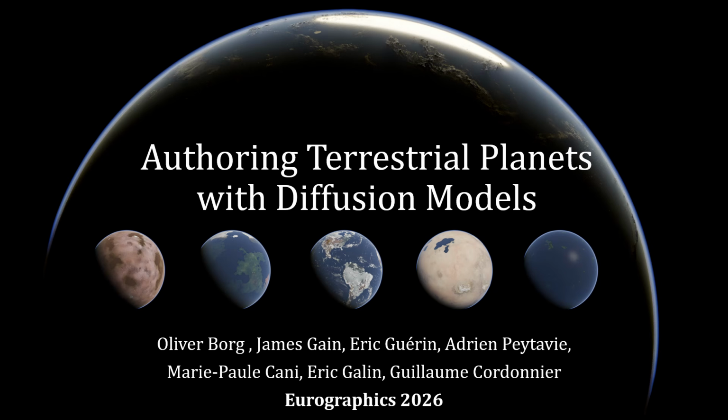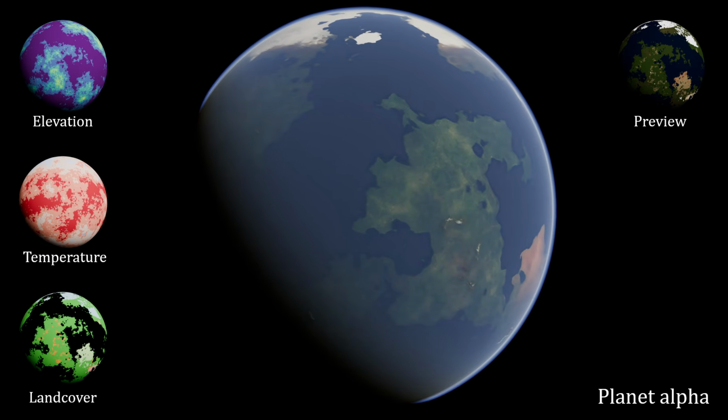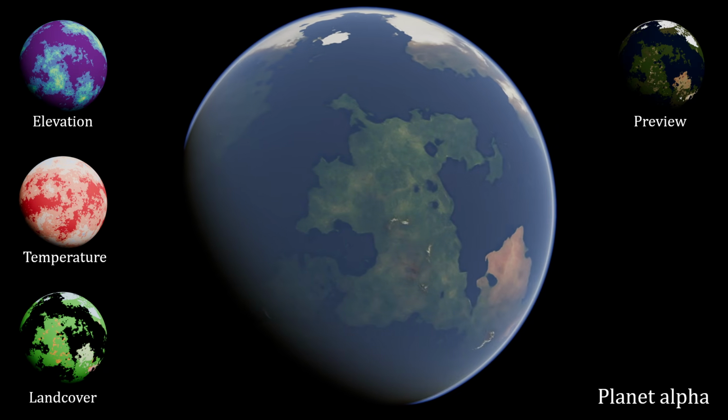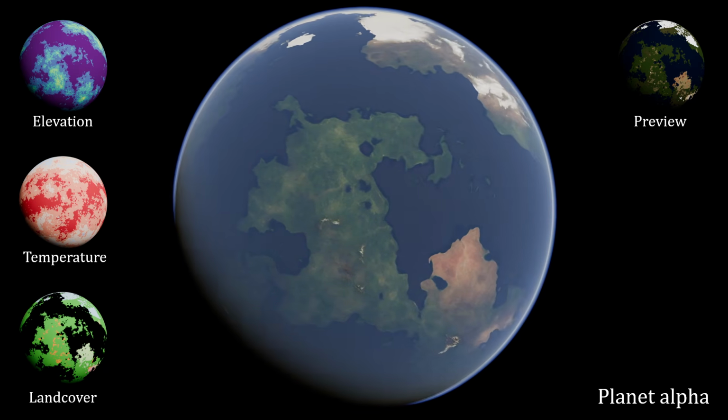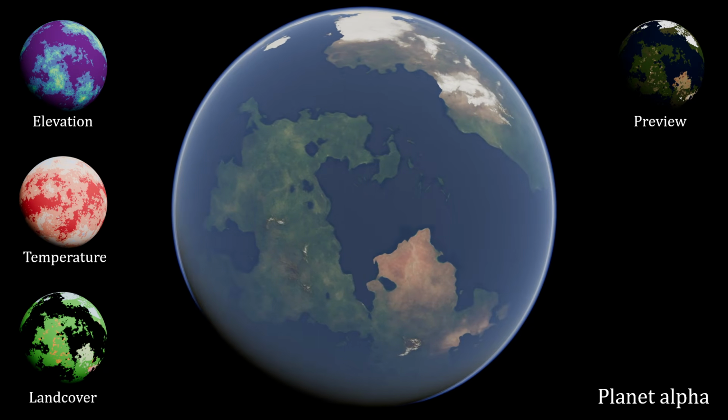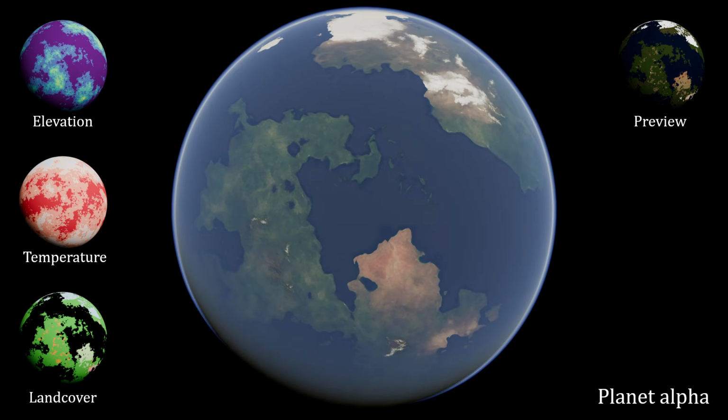We present a new method to generate realistic terrestrial planets using diffusion models. Here we showcase some of the diverse planets generated using our method. Apart from planets with a similar climate to Earth, our control method allows artists to fully express themselves with examples